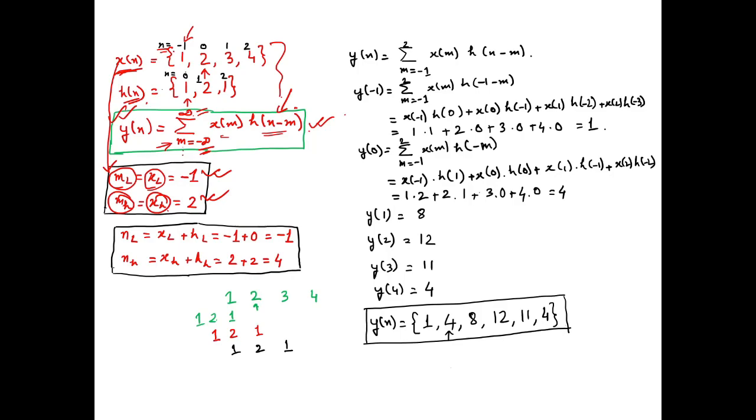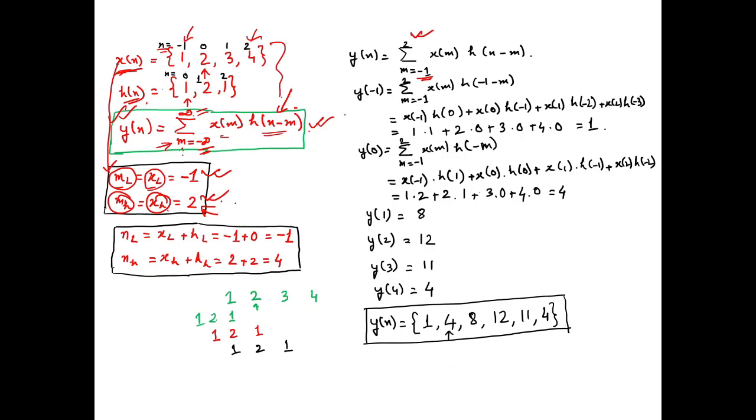The lower limit of the n value of x[n] is the lower limit of m, and the higher n limit of x[n] is the higher limit of m. So now we know that this m will be varying from minus 1 to 2. Done,